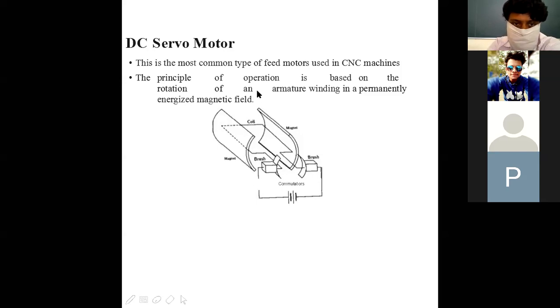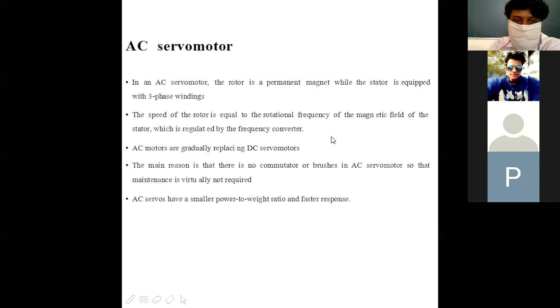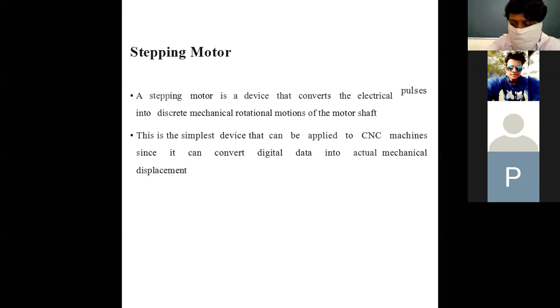This is a simple DC servo motor. Then there is the AC servo motor, in which alternating current is used. It is not recommended to go into detail, because they will not ask in the exam to write in detail about AC and DC. We just want to know what a DC servo motor is and what an AC servo motor is. The AC servo motor has the same construction, but brushless type and other parameters are used.